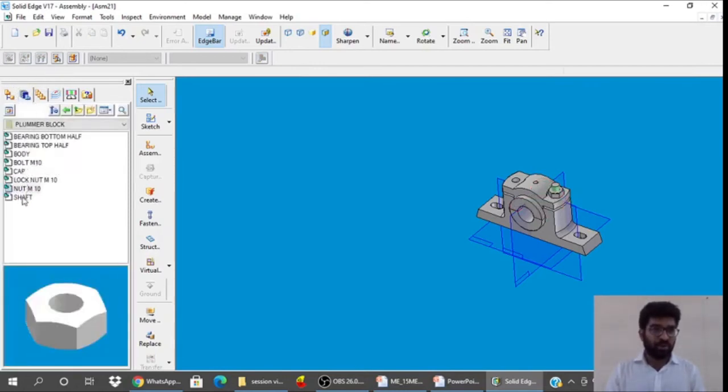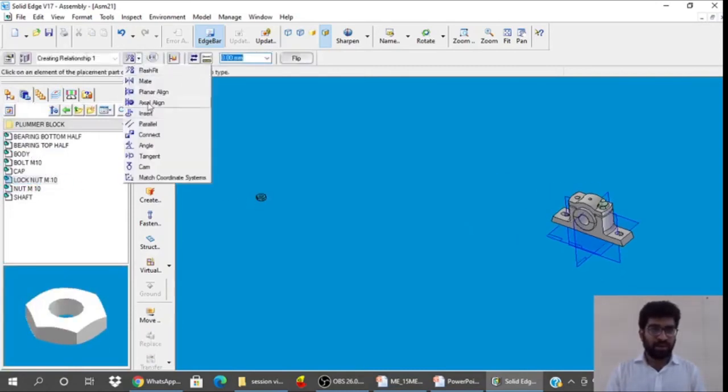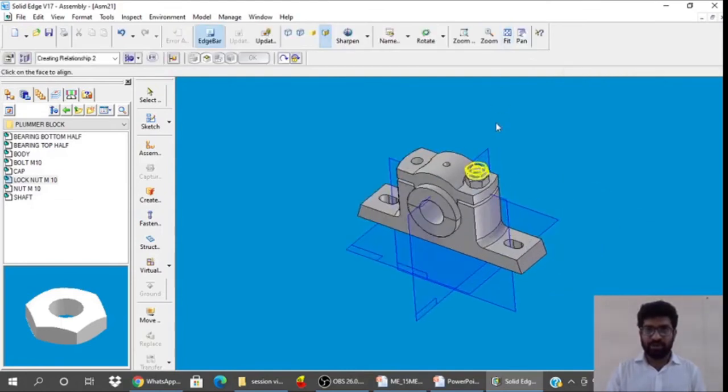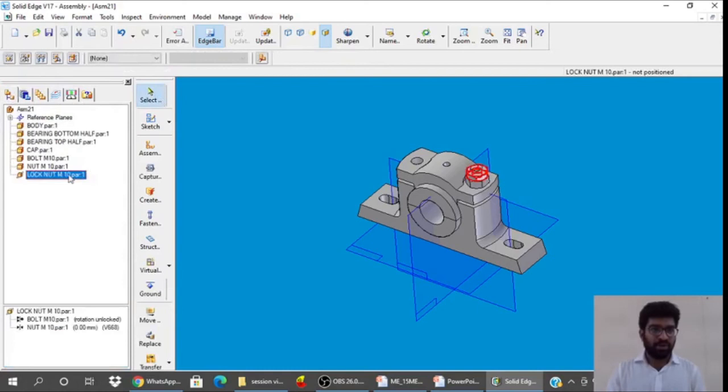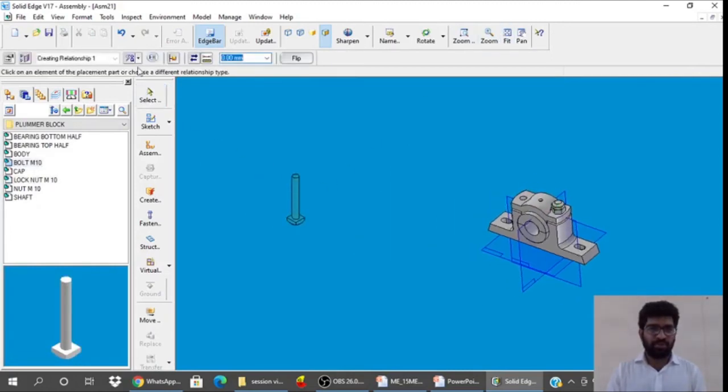Again, go for Locknut, double click on that, axial align, this and this. So fit. Second relationship is mate, top of this, top of this nut. Come out of the command, go to assembly pathfinder, click on Locknut, lock this rotation. Say OK. So same way we will assemble the bolt once again onto the left side, double click on bolt,